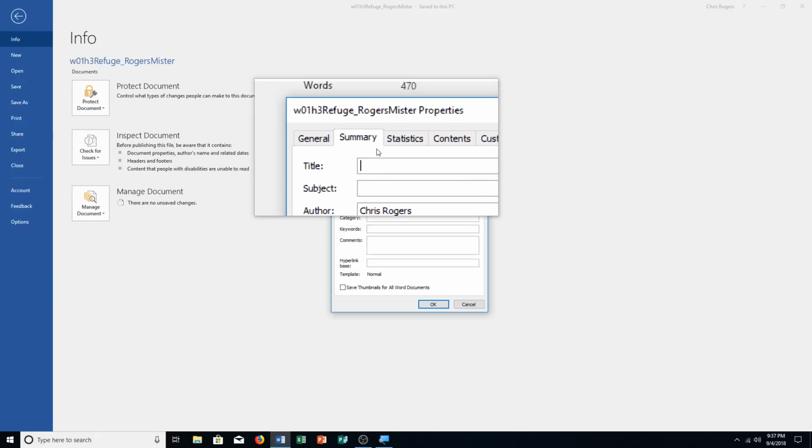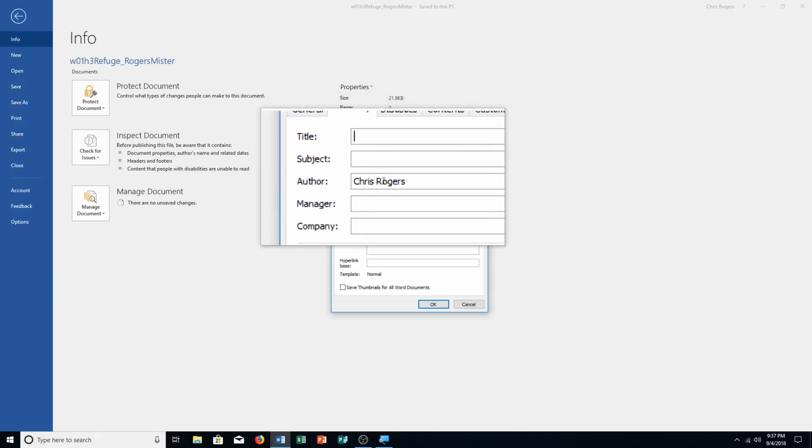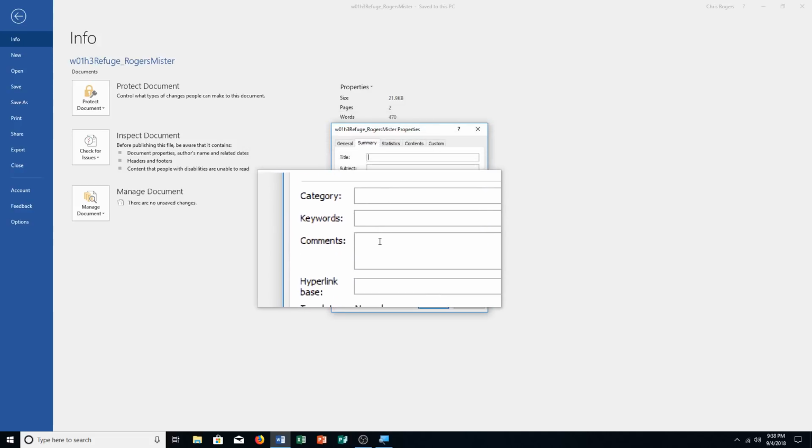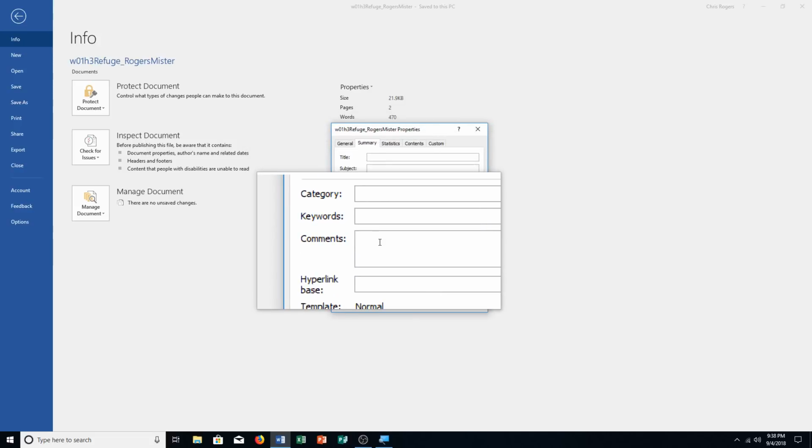Then you can see it says click the Summary tab, and we're actually already on the Summary tab. This is step C, and ensure that the author box contains your name. So it has my name in here, first and last. It needs to contain your name. And click one time in the comments box after you've inserted your name. So down here's the comments box, and we need to type in